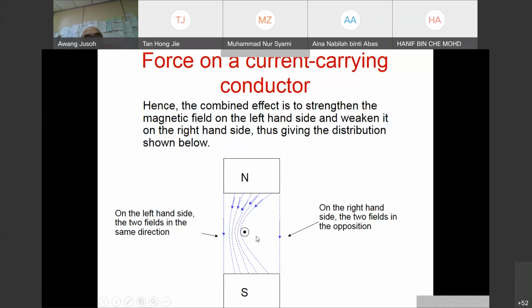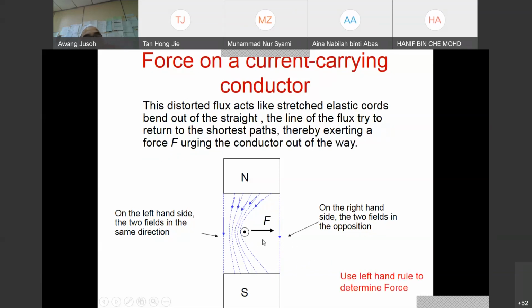So what happens now to the conductor? This flux will force the conductor to move to the right side. So the conductor will move toward the right side. That is what we call force in the system. This phenomenon is a basic thing happening in the motor, whether it is an AC motor or a DC motor. We need to understand this one. That's one way to understand how flux produces torque or force in the system.